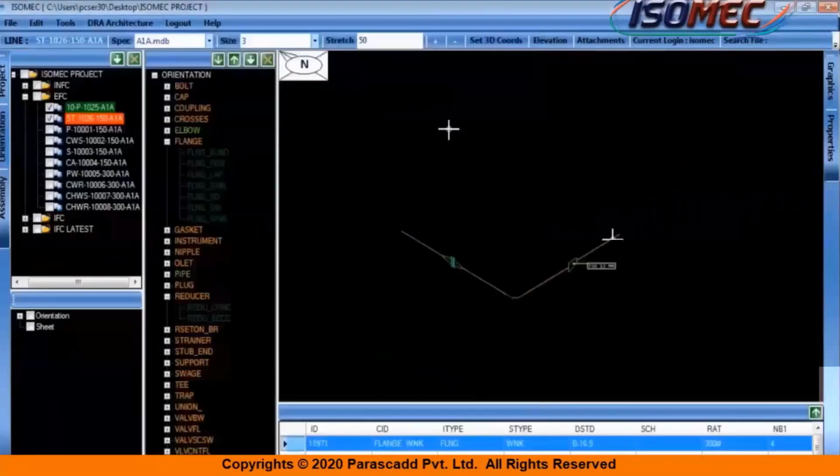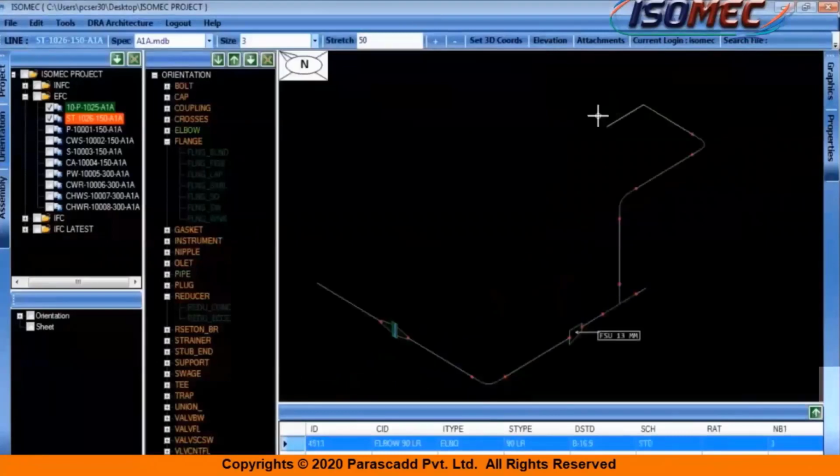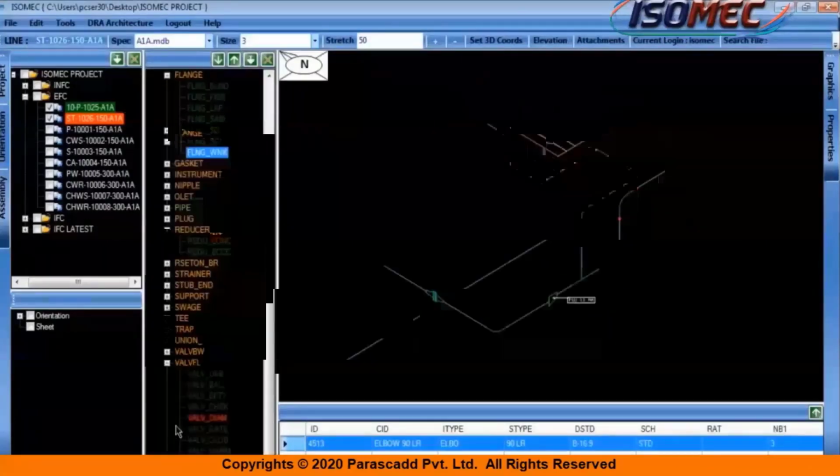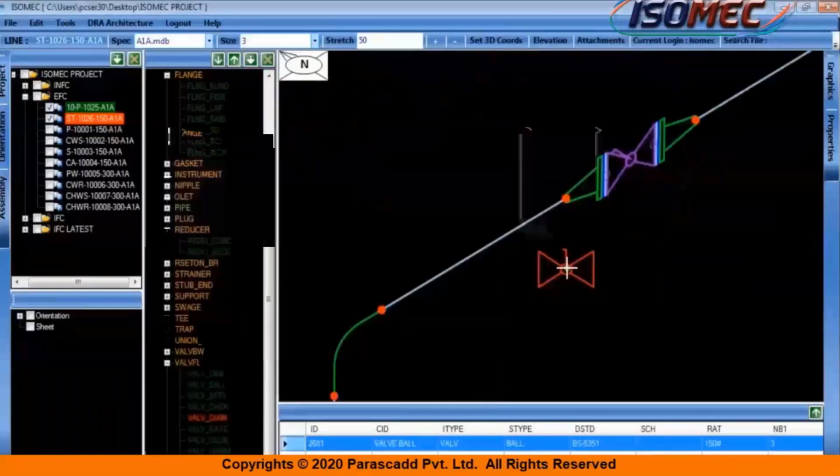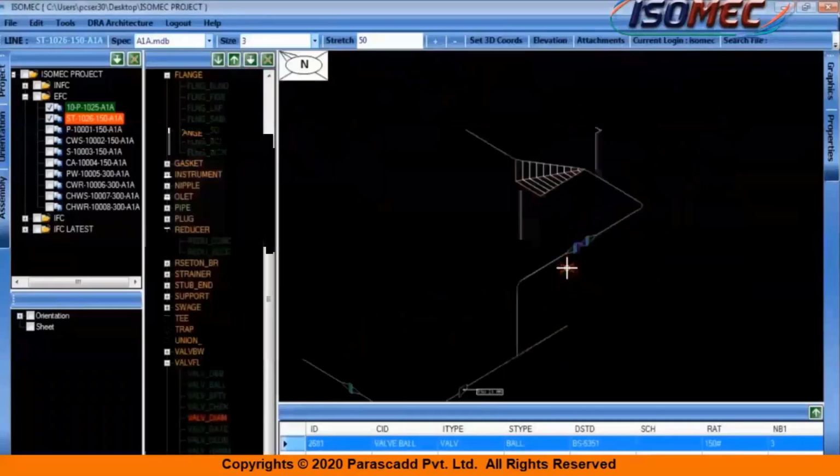So here I'm adding a reducer and see. Here you can see the 2D 3D rolling. This can be simply done by your keyboard key 2 and keyboard key 3, and the hatching will come automatically once you have changed the angle and you have done the 2D and the 3D scrolling.